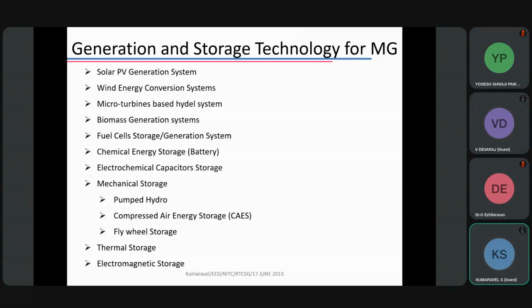Now, what should we do in the case of a 5 kilowatt DC motor? Will you go for a 15 kilowatt solar panel? It is not sufficient. If you connect a 15 kilowatt solar panel just to start a 5 kilowatt motor, there is no use. Economically, it is not viable. So what should you do? You should combine the solar panel with a battery, a storage. These two will complement each other, so it will solve the problem. Now here the storage is a must. Now you understand the necessity of a storage device.